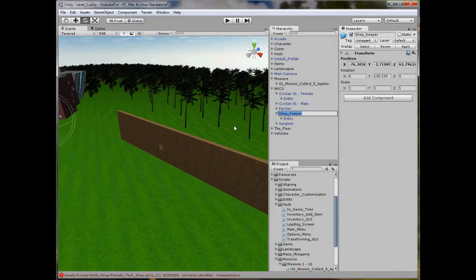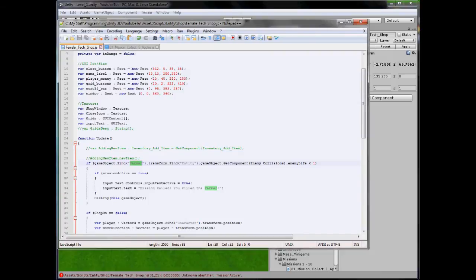So if GameObject.find, what's she called? I've completely forgotten. Hello, shopkeeper. We'll rename that to female tech shop. That'll work. It's not understanding mission active, but that's fine for now. So if GameObject.find female tech shop, transform.find